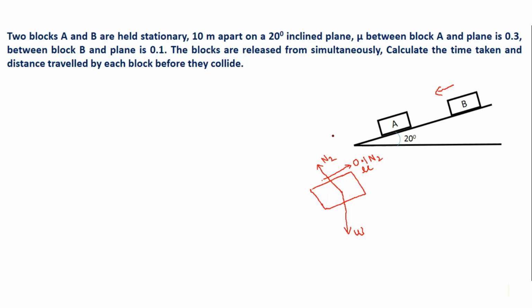Next step is to introduce the imaginary force, or the D'Alembert force, in the direction opposite to the motion of the body, or opposite to the acceleration of the body. So the acceleration of this block B is towards the left side. So there will be one imaginary force towards the right side with a value of m into a. So it will be W divided by 9.81, because W is in newtons, multiplied by the acceleration of B.